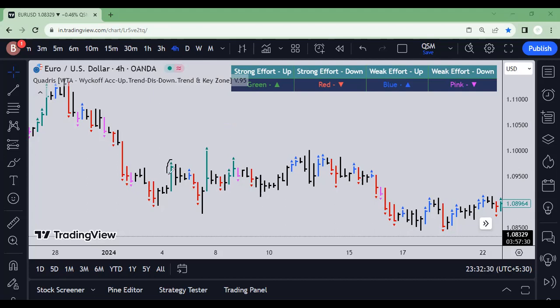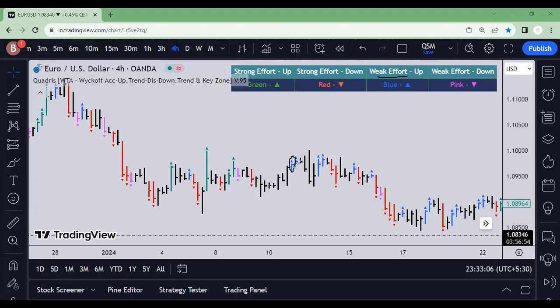So whenever there is a green triangle with a green bar, that means strong effort to take the market upwards. Whenever there is a red bar with a red triangle, this means there is a strong effort to take this market downwards. And whenever there is a blue candle or bar with a blue triangle, this means the effort to take this market